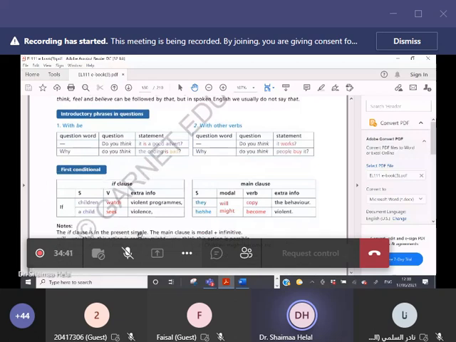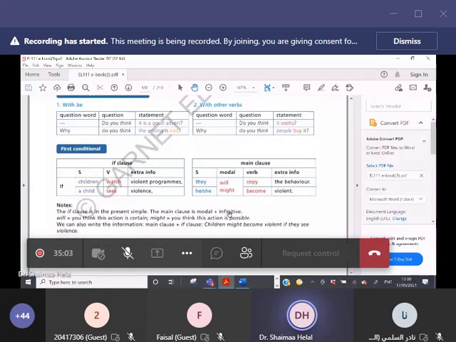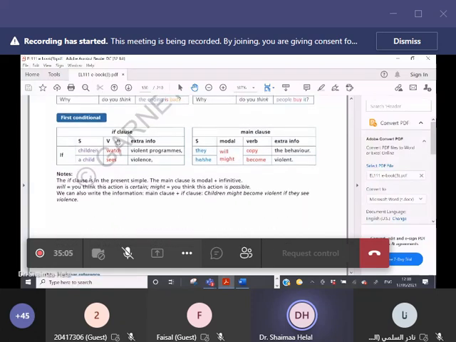The most important thing that we studied today is the first conditional if. You need to keep inside your mind that in the if clause, we are using the present simple, and in the main clause, we are going to use will or might plus the infinitive. What is the difference between will and might? Will, if you are certain. Might, it refers that the action is possible. And we can, of course, convert it and start with the main clause and then followed by the if clause.